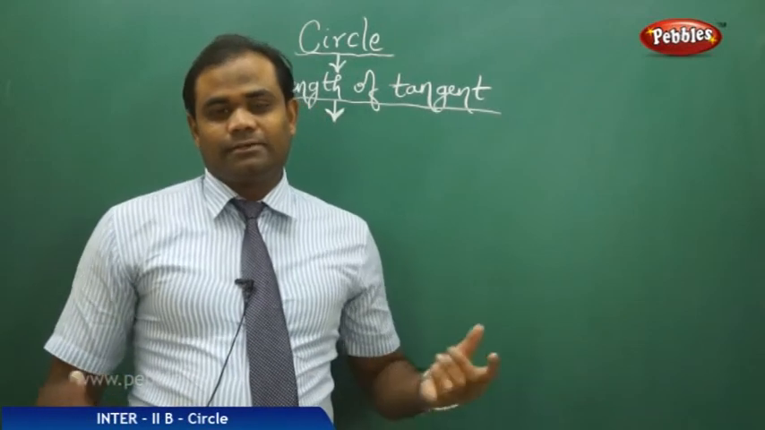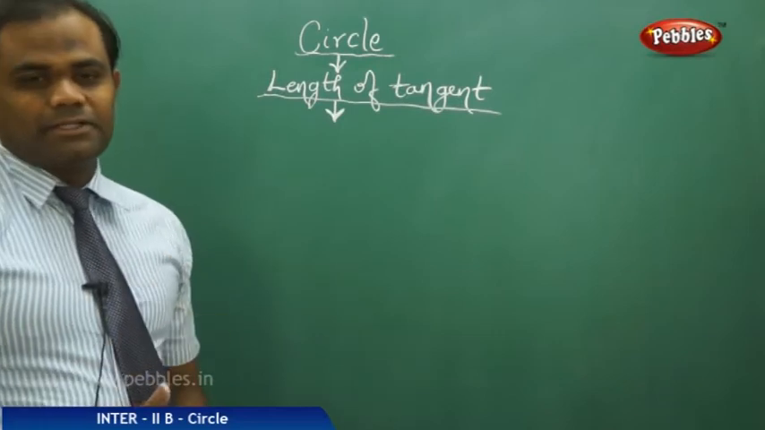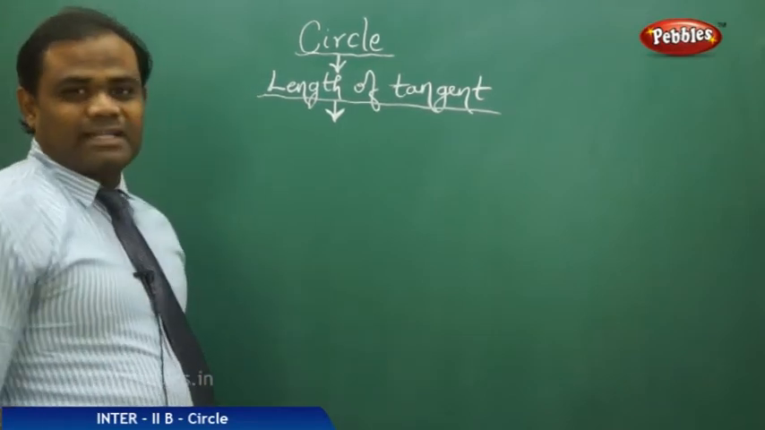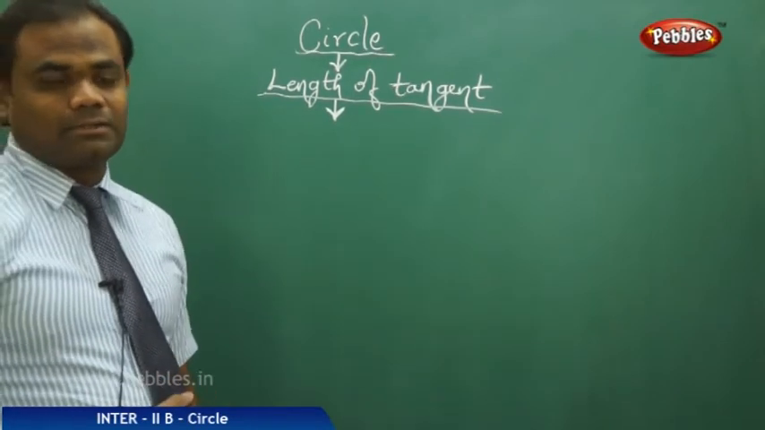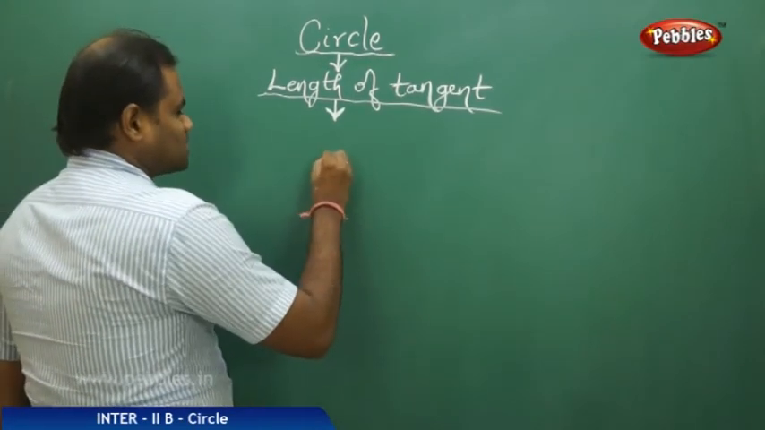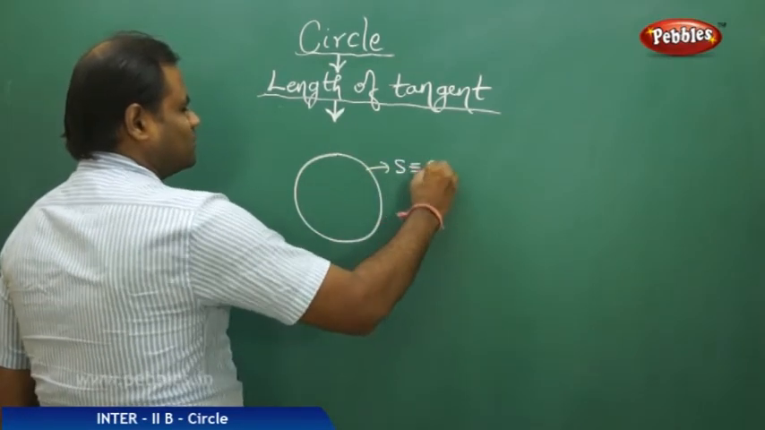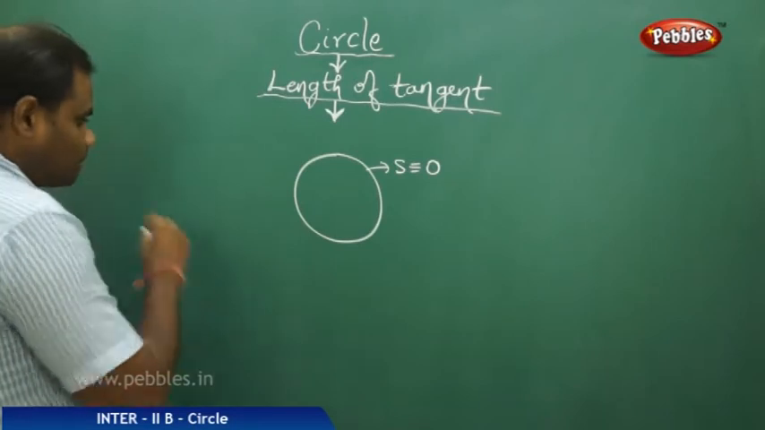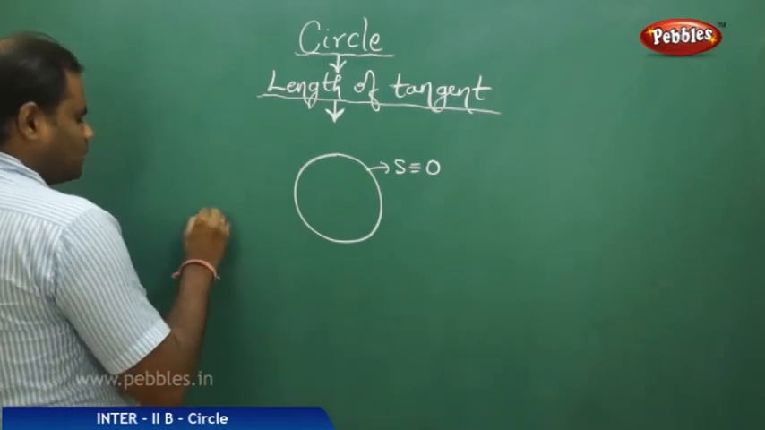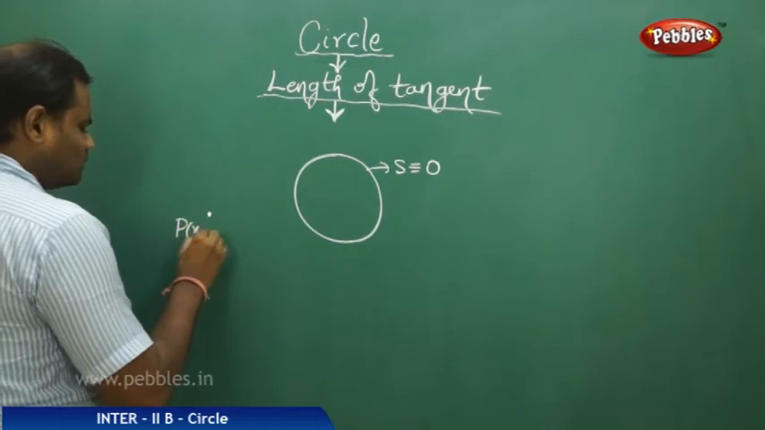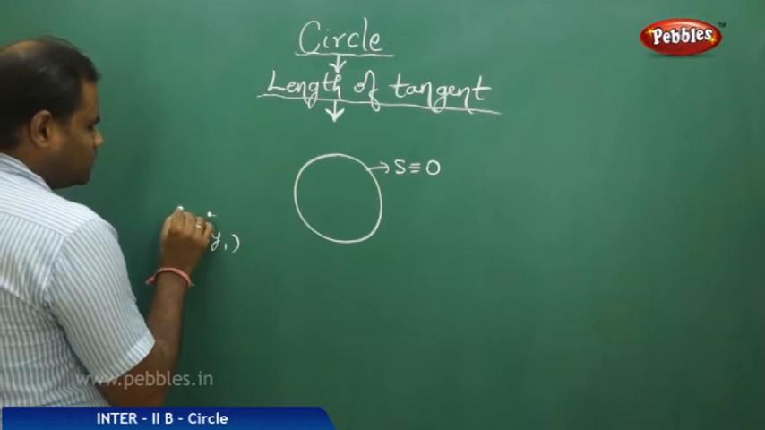Now let's define the length of the tangent for the circle. So now that we have defined the tangent for a circle, let's see what exactly is the length of tangent we define in the mathematical sense. Now suppose I take a circle S equal to 0. Now for this circle, if I have a point P(x1, y1) which is outside, and if I draw a tangent through P,